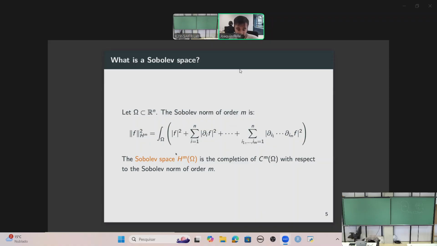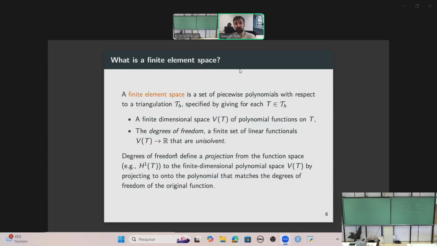This is the main aspect. And on the other hand, this I am also sure that you already saw, but just as a brief reminder of what a finite element space is from the mathematical point of view. Here we are talking about a set of piecewise polynomials with respect to a given triangulation of a domain that